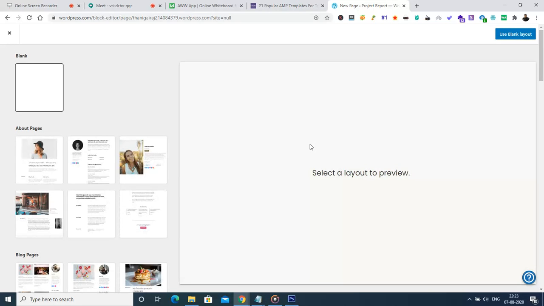Okay, so this is the layout in which we will be creating the website. Right now it is a blank layout, and whatever tools we want, we can add and place here. And these are the template versions.